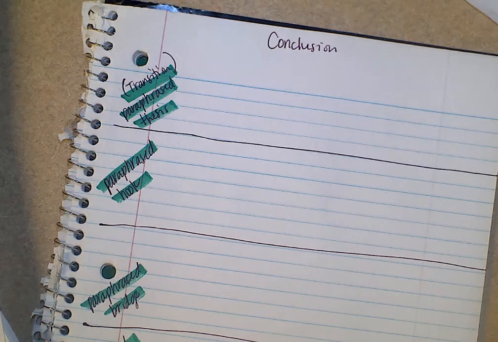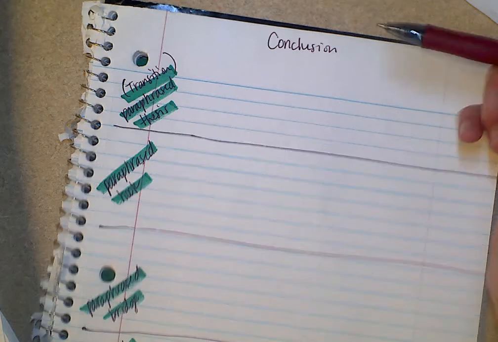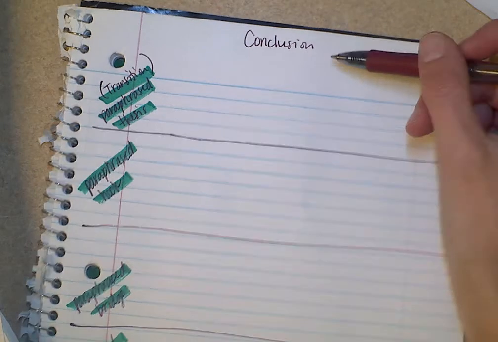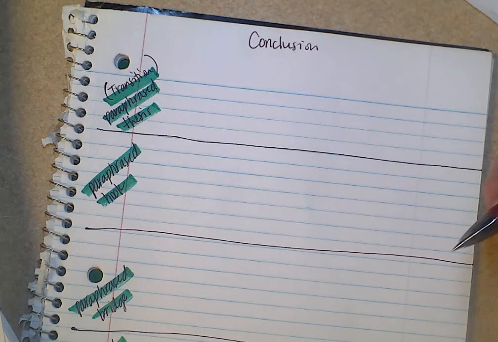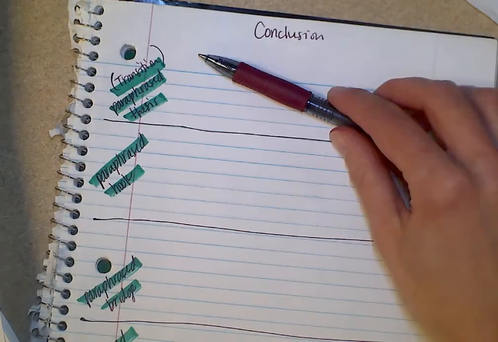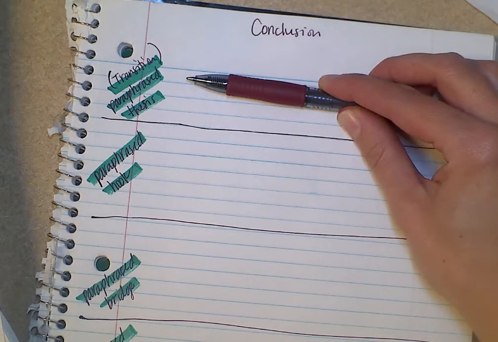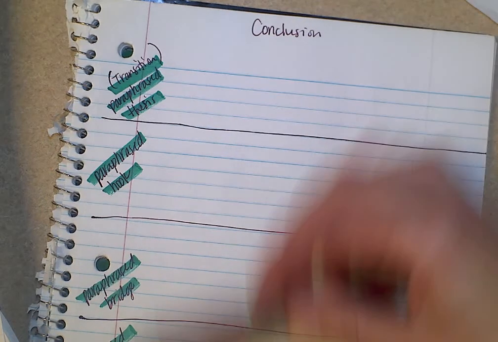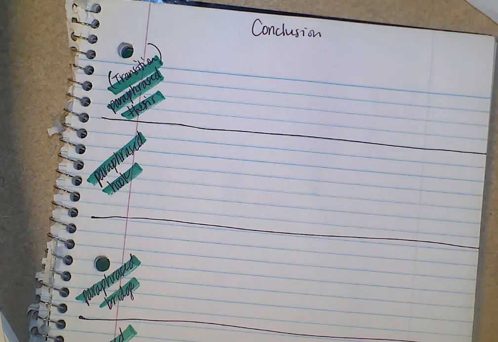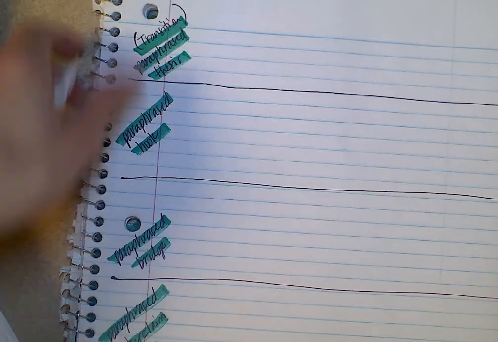Alright, today we are on the last section, the last paragraph, the concluding paragraph, the conclusion. This basically is just a lot of going back to your introduction and paraphrasing your thesis, paraphrasing your hook, and we're going to go through the rest. The only new thing would be the last section down at the bottom, which is called call to action. I will talk about that once we get there.